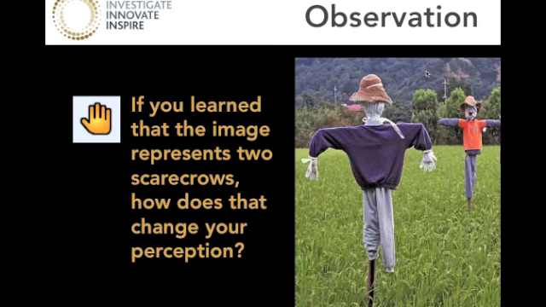The point I'm trying to make with these is that it's really important when you're making observations to note and be aware of the assumptions or biases that you bring into a particular situation. From my experience, one of the most difficult places to do observations is in a classroom where I feel I know who all those learners are. And it's easier to look at things and immediately go to inference rather than observation